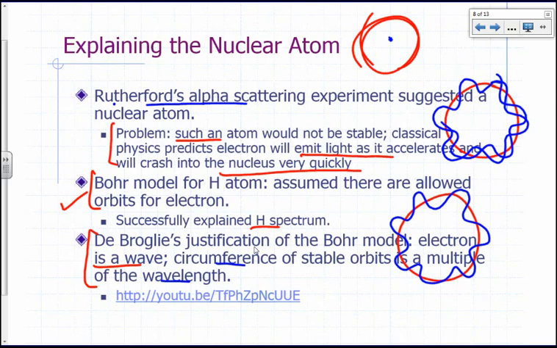One of the consequences of the wave behavior, the wave nature of the electron, is the uncertainty principle. You cannot precisely determine both position and momentum of the electron simultaneously. So, in other words, this classical prediction of how the electron would crash into the nucleus is simply wrong. It's not acceptable. That's not the way nature is. It's the classical theory that failed to explain that, so we have to come up with a new theory to be able to explain it.